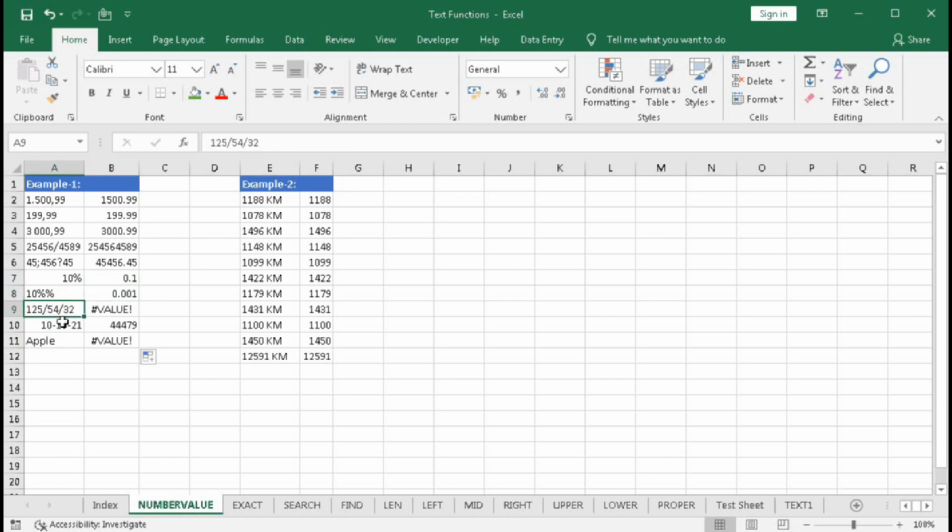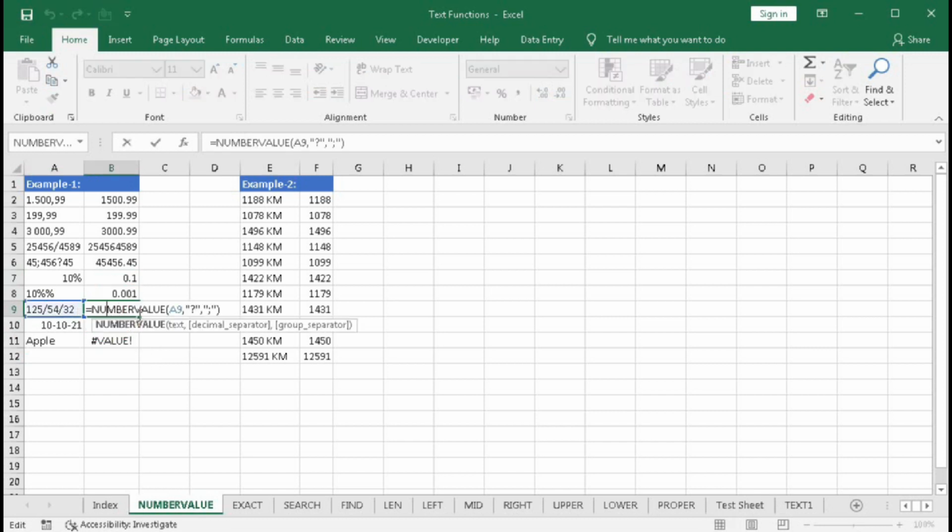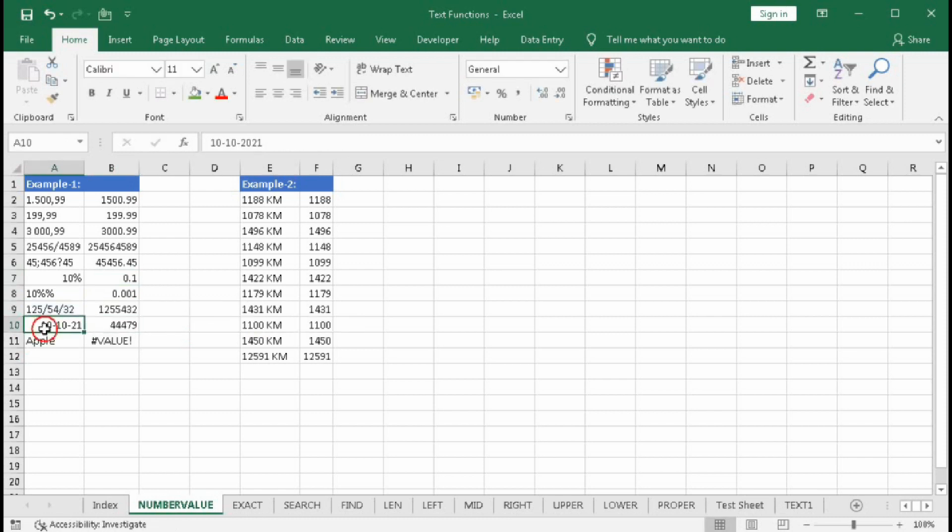And here if you think this is a group separator, then we have to put here decimal equal to dot and separator as oblique, and here the number is converted into the date value and it is a pure text. That's why we got an error value. We cannot change it into a number.